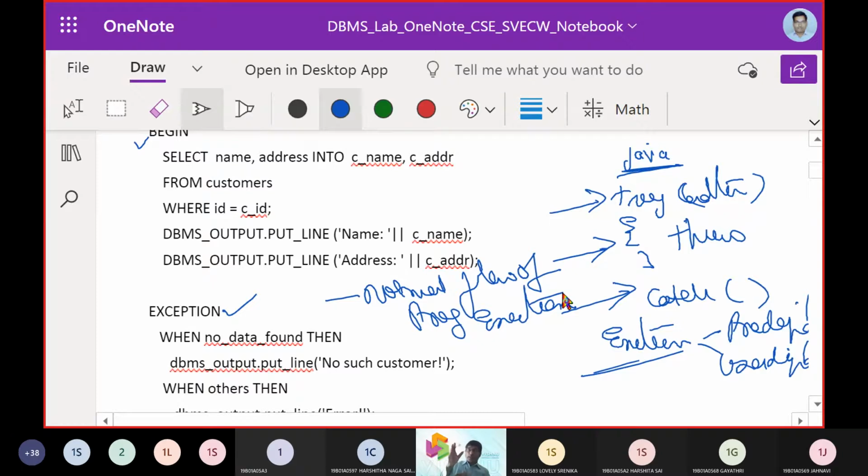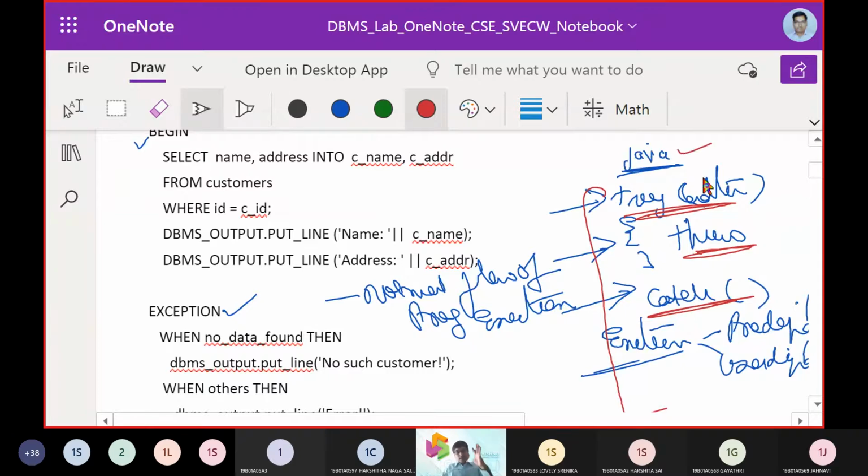But still, we are anticipating that some infinity loop may come, some divide by zero error may come, some array out of index subscript error, etc. They may come. So why are we predicting? Due to the programming logic, we use the try block, throw block, and catch block, and we see that the abnormal things will not happen in Java.